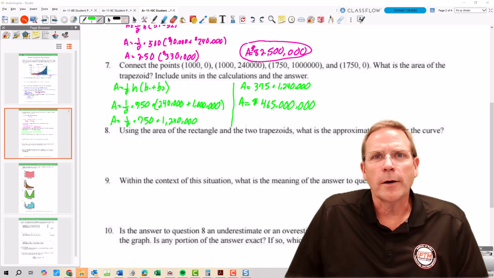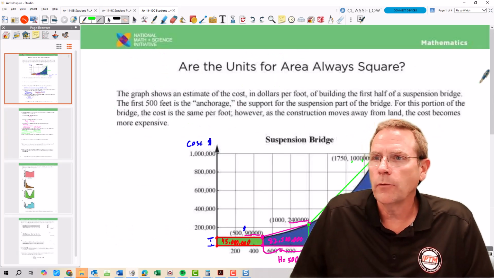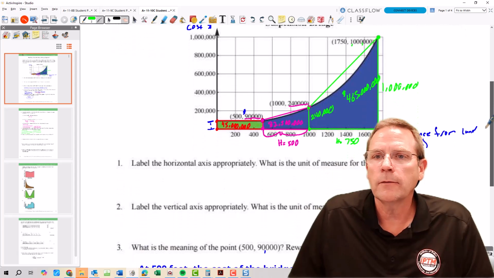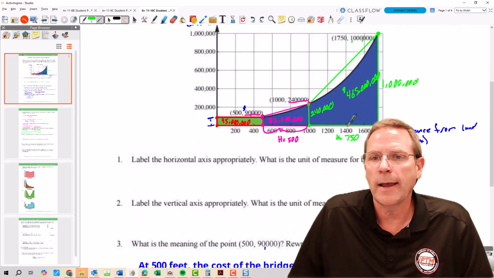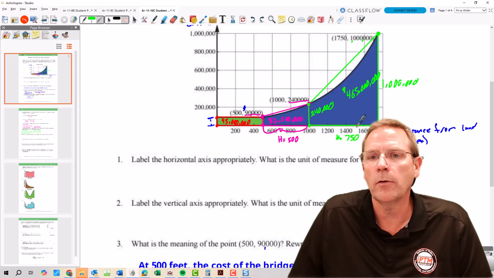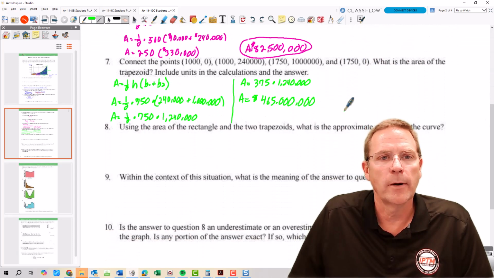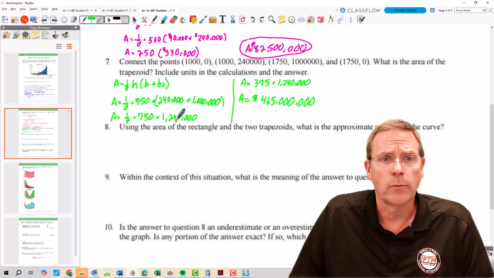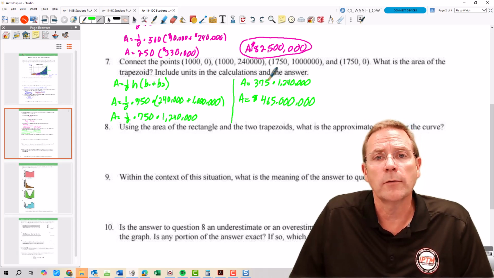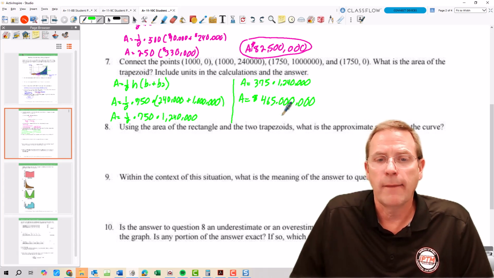How'd that end up working out for you? For me, when I drew it out, it ended up giving me this thing, which I did in the bright green, where I had a height. The distance between my parallel bases was 750. One of my bases is 1 million. The other base was 240,000 that was right here. I plug those values in, as you can see right here, to my formula, adding them together to get 1,240,000. Then I said half of 750 is 375, and I multiplied that times 1,240,000, and that gave me